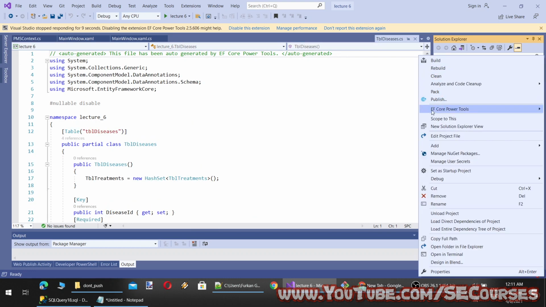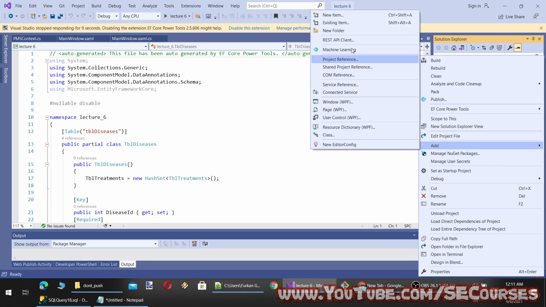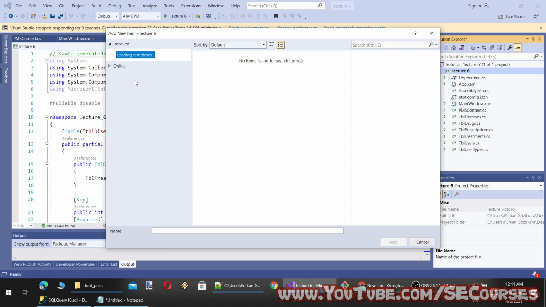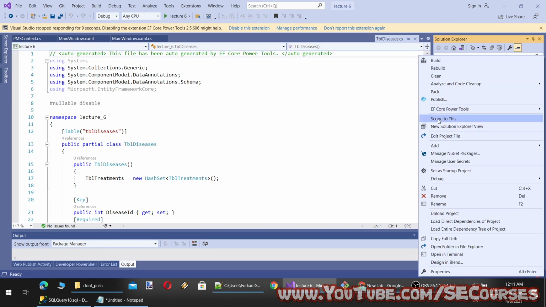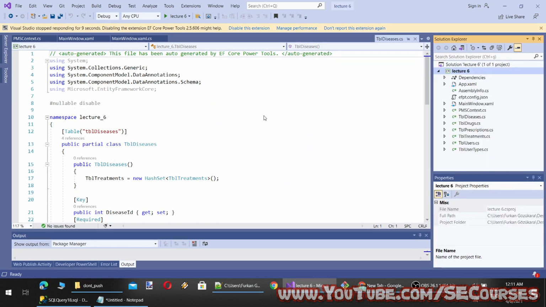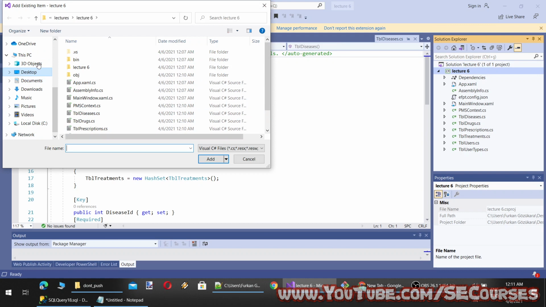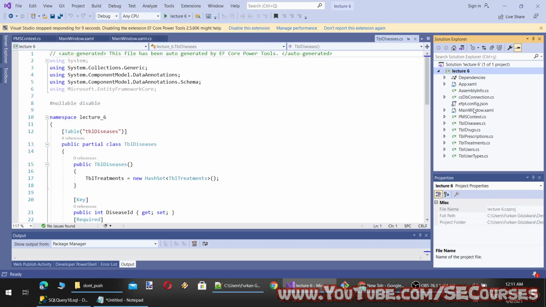Okay, and are we ready right now? Okay, and I am going to add my existing class from my other project. Okay, I think it is, how do we do it? Add existing item here, and it is located in lecture 5. Here's a CSDB connection.